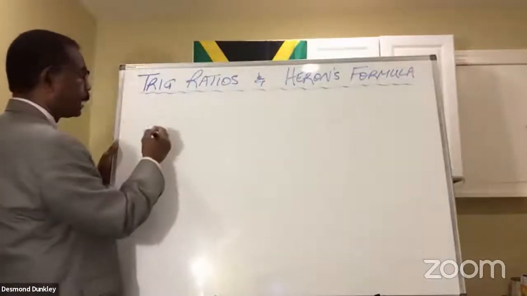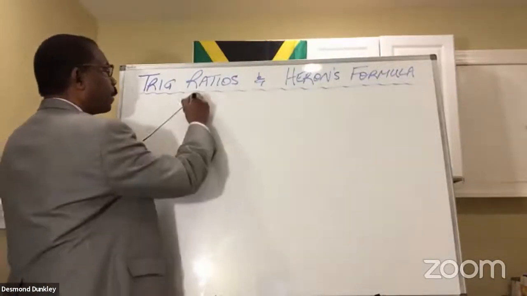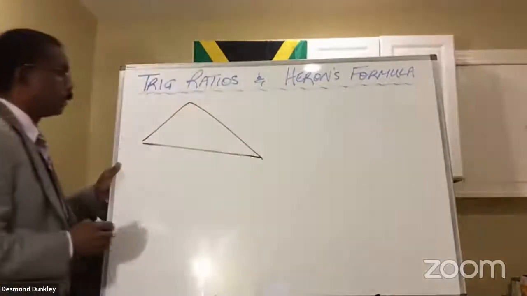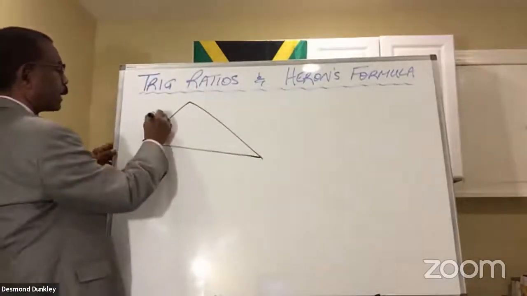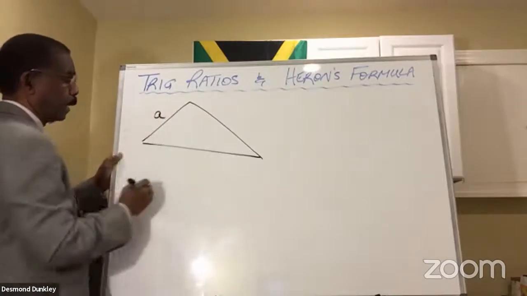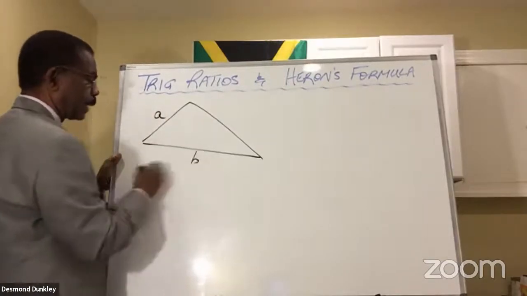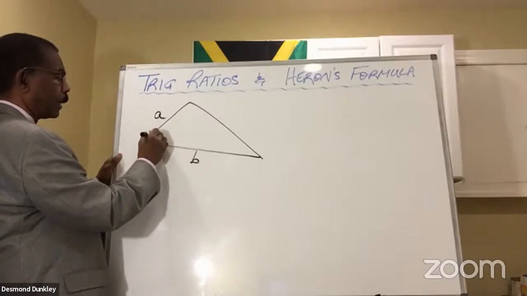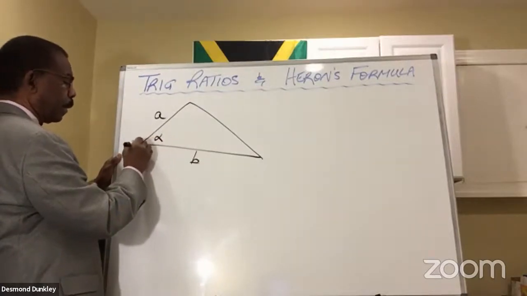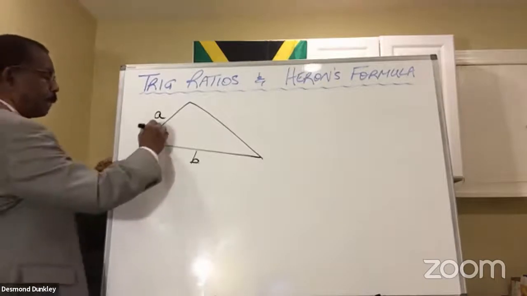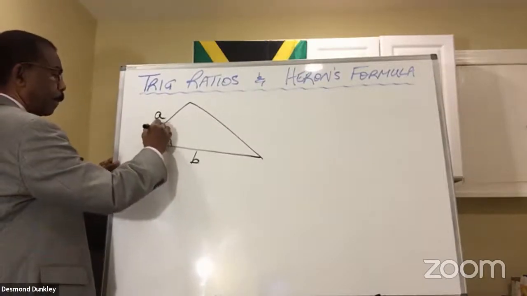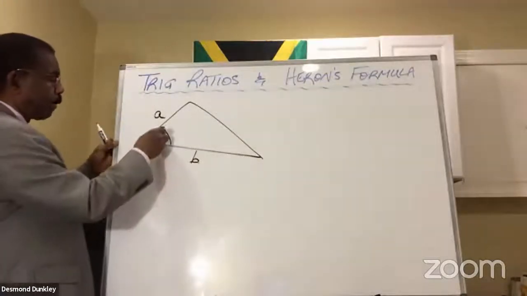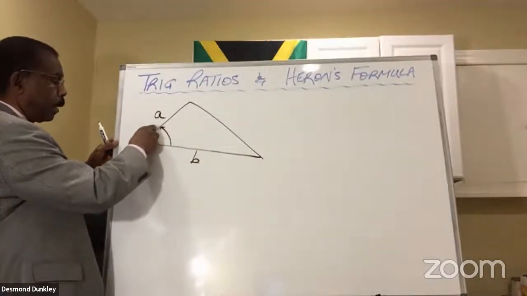This principle says that if you have a triangle, say for example like this, and you know this side and this side, and you know this angle, let's call it alpha. Since alpha is too close to A, let's give it a different letter. Let's call it